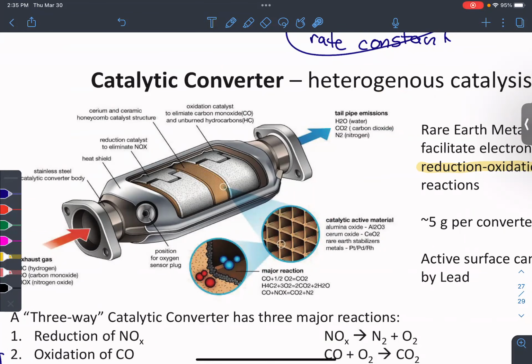I don't think this is in your book. I just thought it was interesting when I was looking at catalysts and relating it to things we already talked about, like running lean and running rich, and it'll make a little bit more sense when we get to chapter 13 and talk about redox reactions. But the idea here is those electrons have to have somewhere to go. We need all of those reactions happening at once.